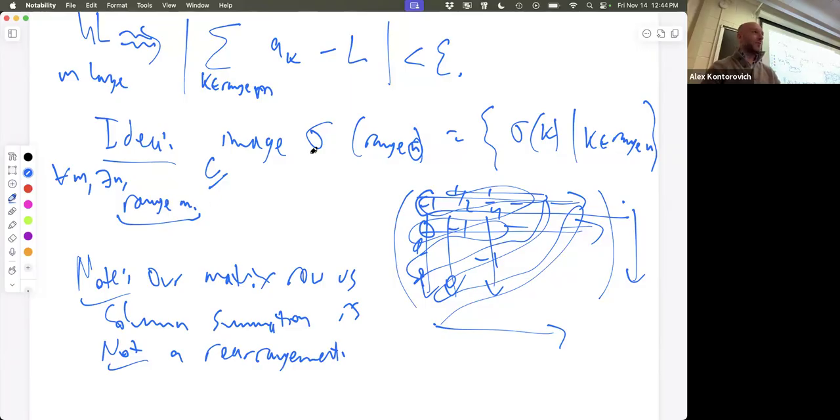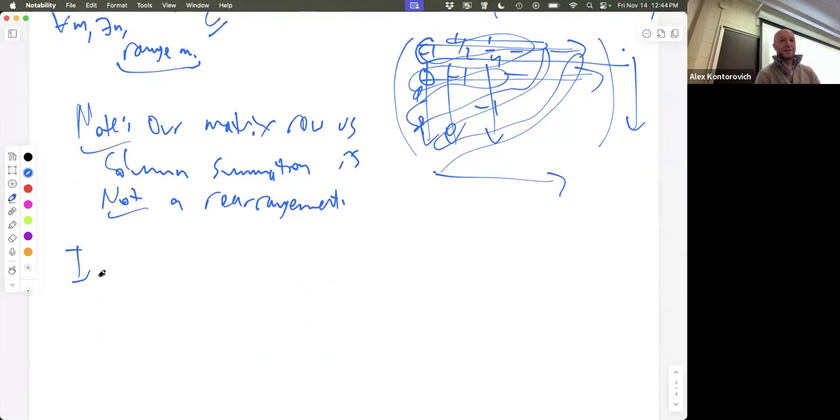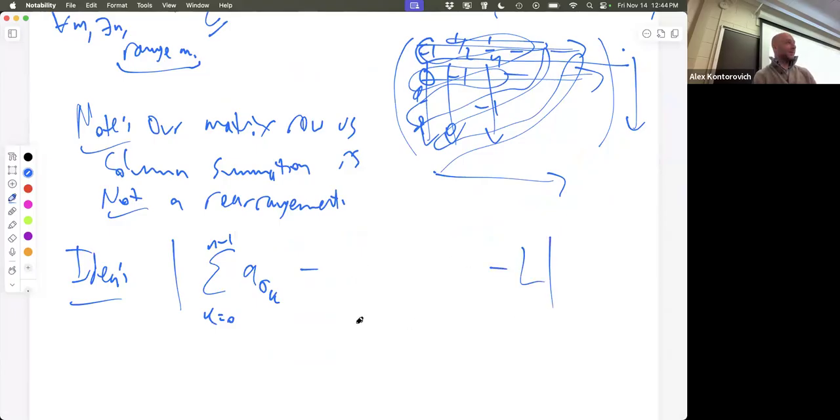Let's say we agree that that's true. Seems to be that's what should happen. Then let's just continue the idea: when you sum k from 0 to n of a sigma k, and you subtract off L, you can also subtract off a sum as k goes from 0 to m of a k, and then add back in a sum as k goes from 0 to m of a k. And that thing will be at most this plus this.